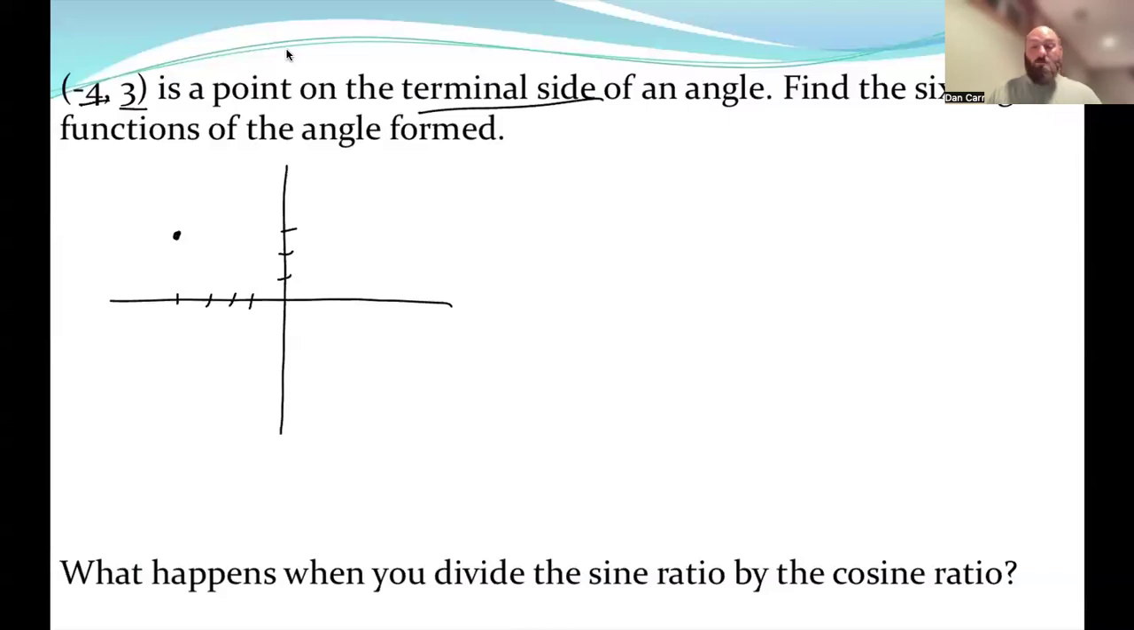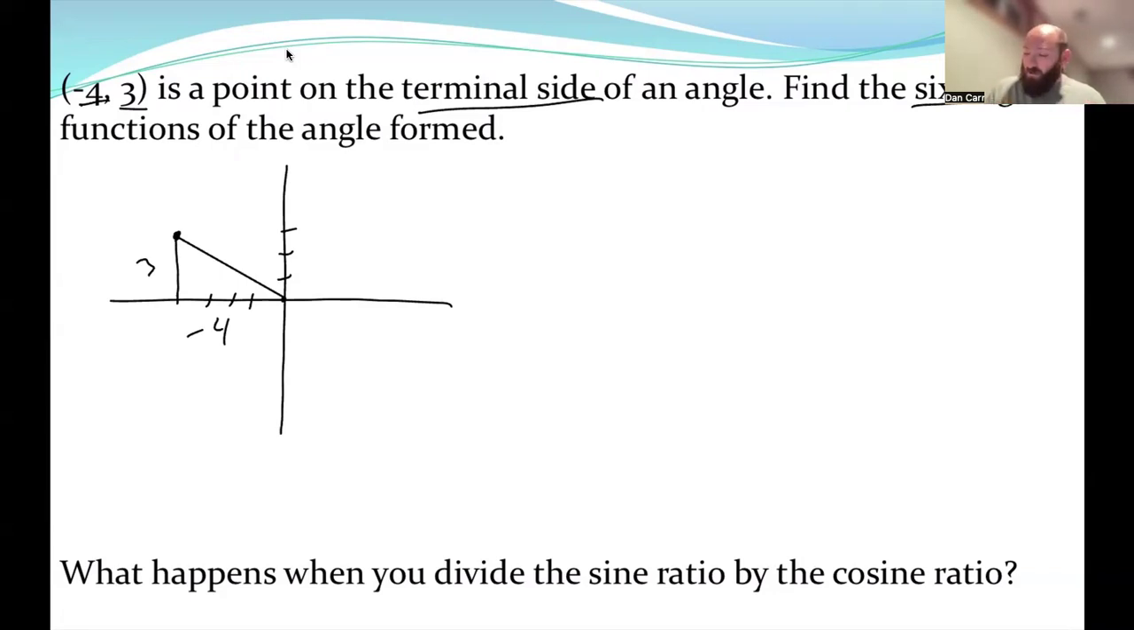Here's my point here. So when I refer to the terminal side, I am referring to going from the origin to that point right there. Okay? So if I measure it out here, this is 3 and this is -4. And it's important to make it negative in that direction. So if I think about my 6 trig functions, there's one thing I need, and that's my last side, my